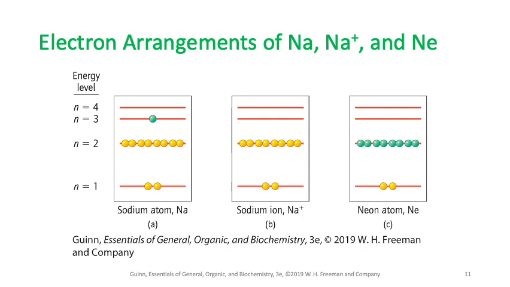So let's take an example, right? How does an element normally get stable? By donating an electron, meaning by making a cation, or by accepting or taking an electron, or by making an anion. So let's take an example of sodium. So we have the electronic arrangement of sodium. Sodium with a +1 charge means sodium cation, and then neon, this is a noble gas,